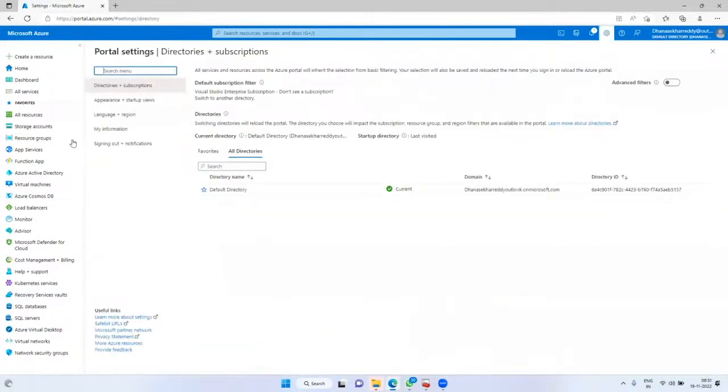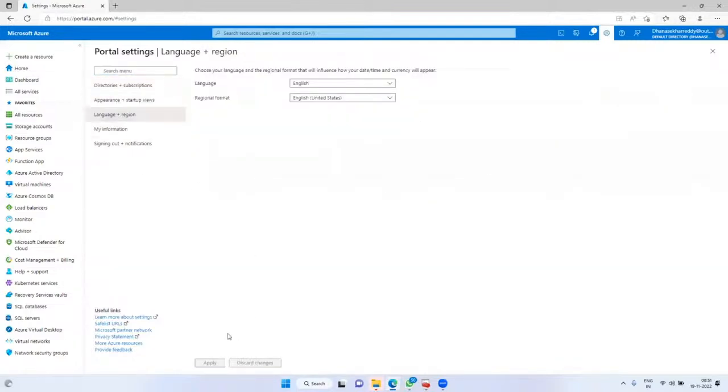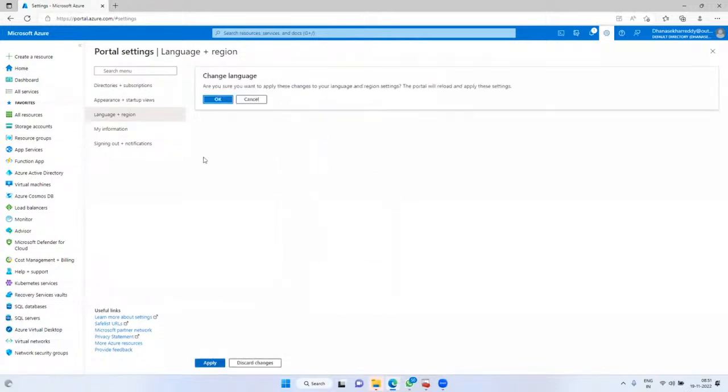Next, go to language and region. By default, the Azure portal is displaying in English. Assume that one of your clients belongs to China. So this entire portal should display in Chinese. In that case, you can click here and apply the Chinese language. Yes, apply it.